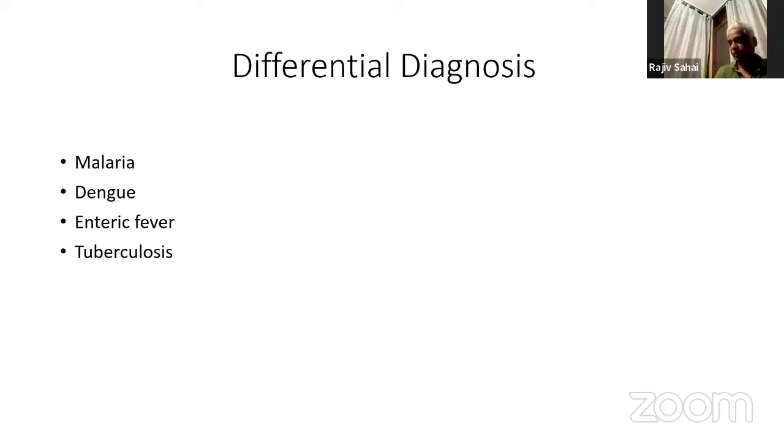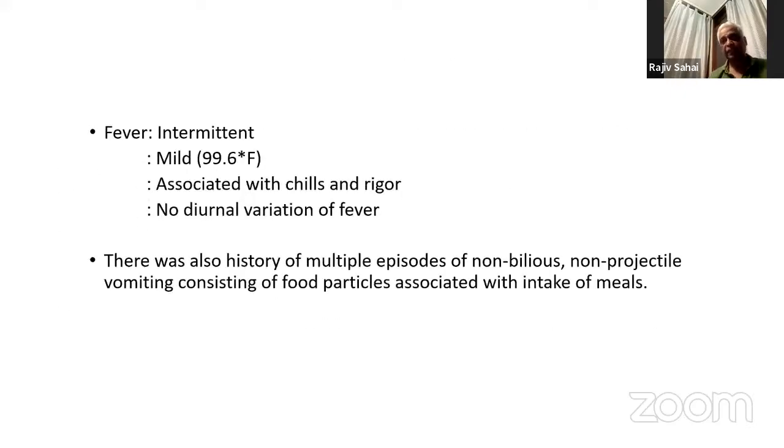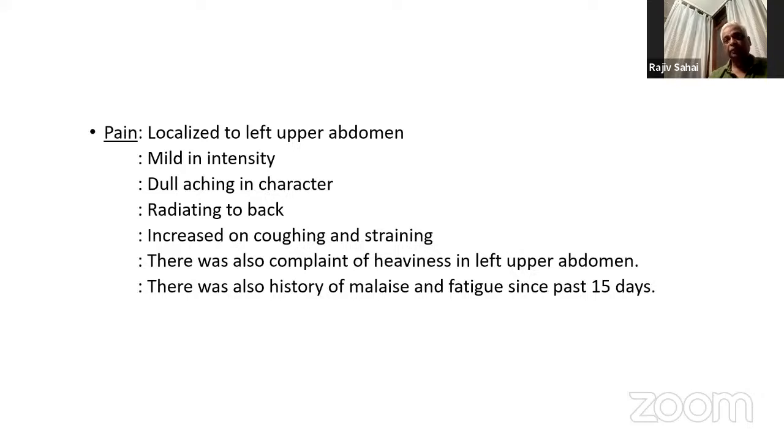Okay, let's go back to your history first. Let's correct your history. Okay, pain in the left upper abdomen. So, upper abdomen, what are the structures there? You have the kidney, you have the stomach, you have the spleen, you have the tail of the pancreas, and you have the splenic flexure. So you have to think of all these organs.